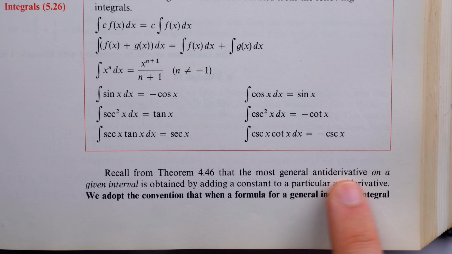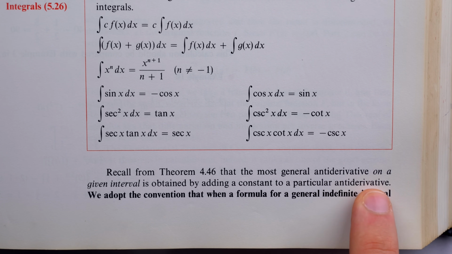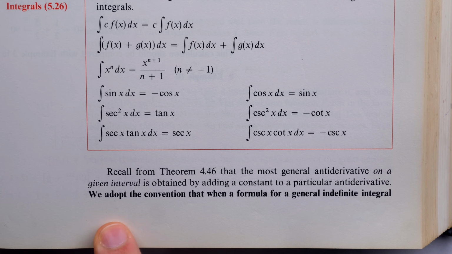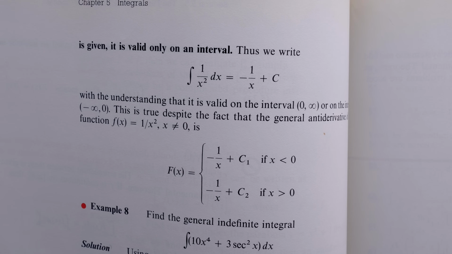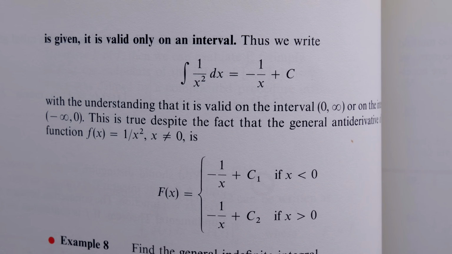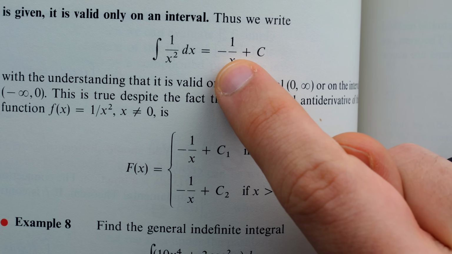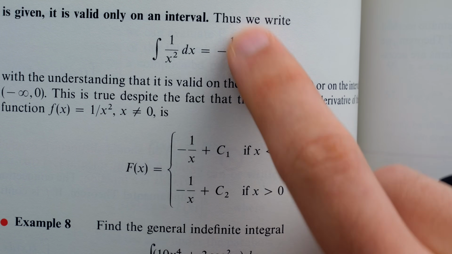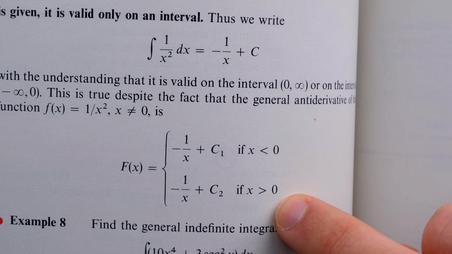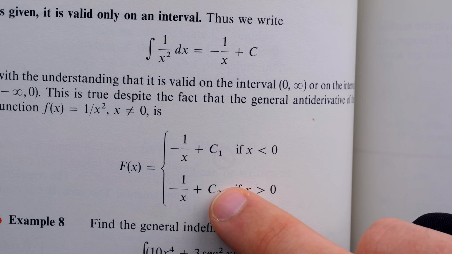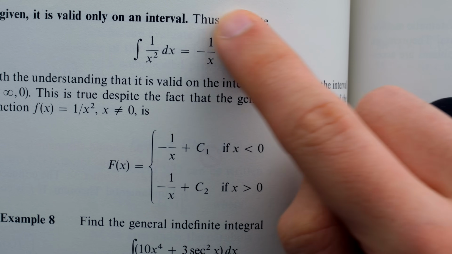The most general antiderivative on a given interval is obtained by adding a constant to a particular antiderivative, that's the plus c. We adopt the convention that when a formula for a general indefinite integral is given, it is valid only on an interval. As an example, the antiderivative of 1 over x squared is negative 1 over x plus c. These functions are both defined on two separate intervals, the negative reals and the positive reals, so there's room for two distinct constants. However, the convention is to just write plus c with the understanding that we're talking about